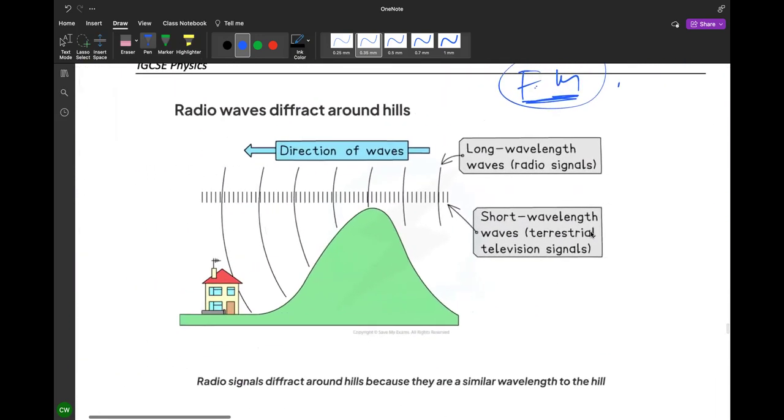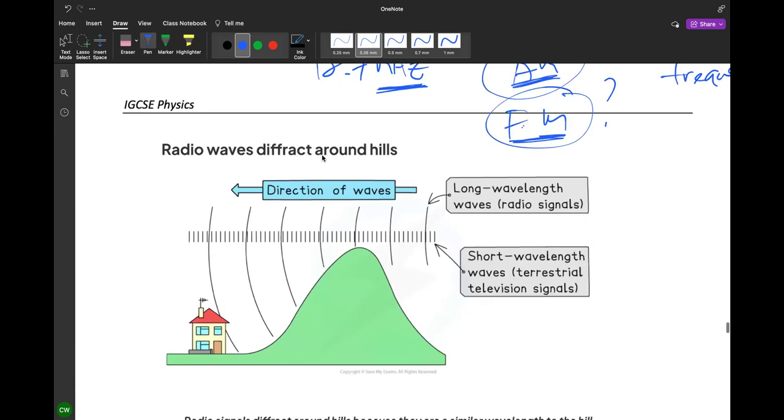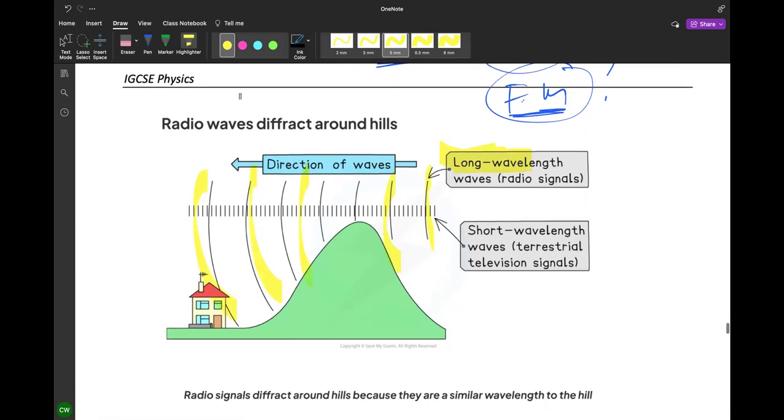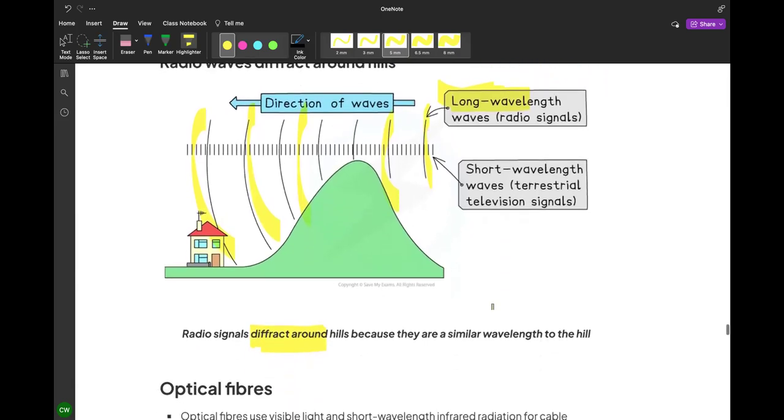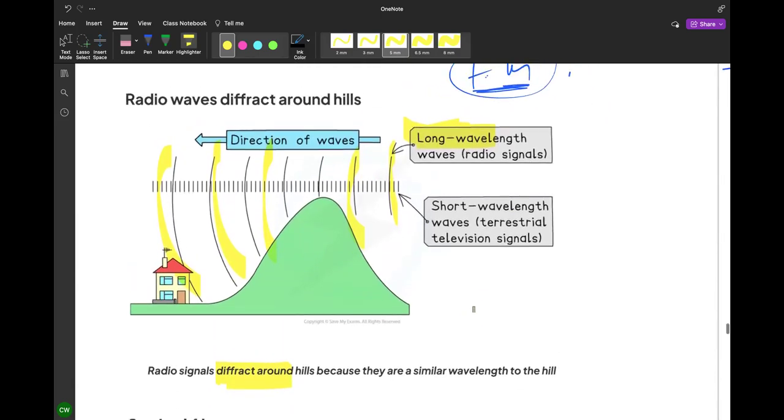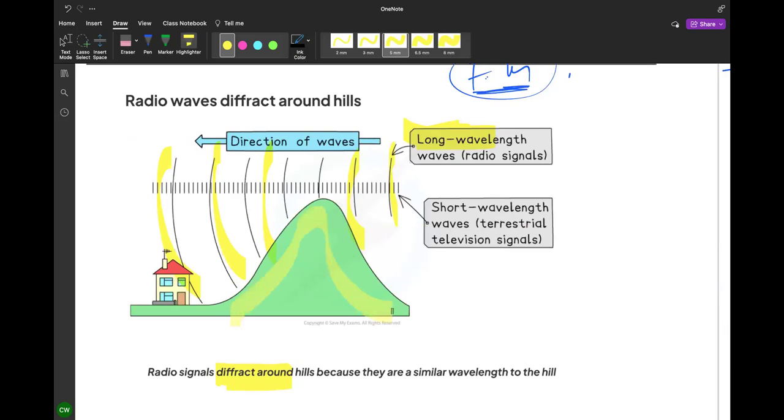Okay, so radio wave, you need to understand the radio wave, the wavelength is very long. Long wavelength, better diffraction. It can diffract. What do you mean by diffract? That means when there's a mountain, the mountain will not block the signal. It will not be blocked by the mountain. Okay, because the wavelength is longer, so it's reachable.